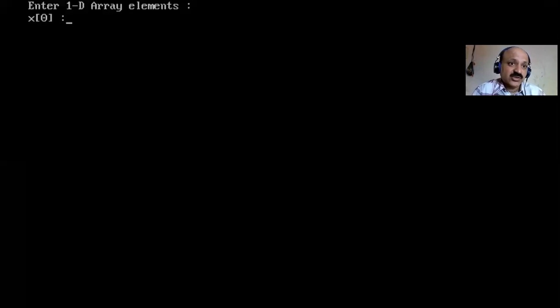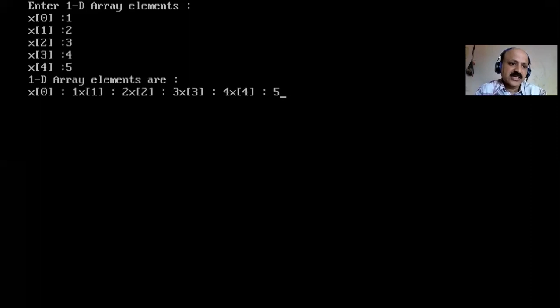So, x of I, enter one: the message is suitable outside the for loop, otherwise, inside the for loop, the message appears every time. So here, outside, and here we have to print vertically. First, I print horizontally and then we take vertical. So I first give the elements sequentially, and that is only a print. Yes, we can say that is a horizontal print. Okay, and also